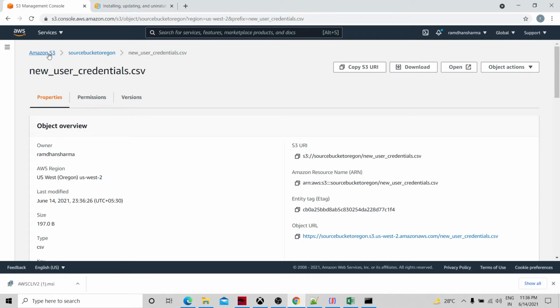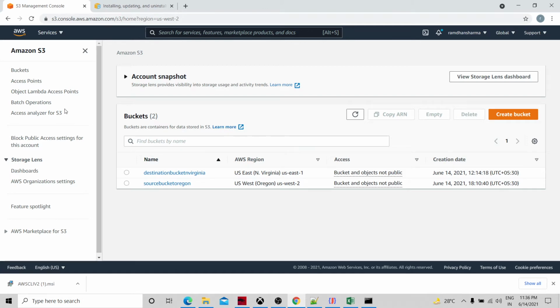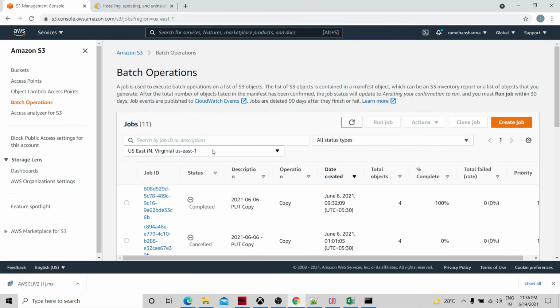And then there is another operation we have already talked about, S3 batch operations. These jobs we created the other day, and there is another video altogether on it, wherein with S3 batch operations we can copy files from one bucket to another bucket. And there is a fourth method, which is cross account.